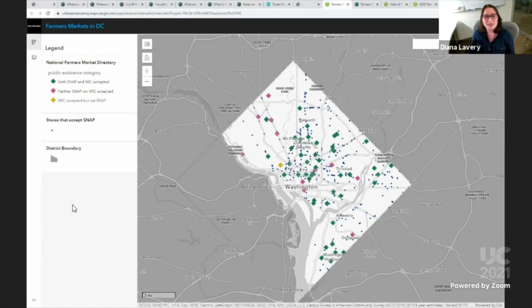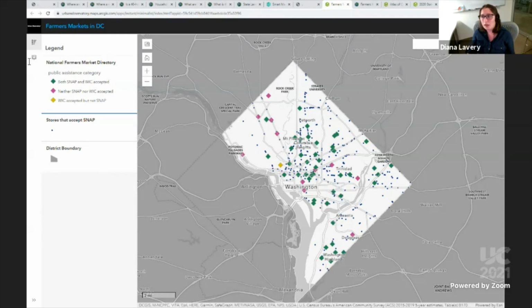All right, I mentioned before that once you've got that web map that's your base, you can very easily share that in an instant app. Here's an example of one that I made about farmers markets in Washington, D.C. And it's symbolized using that type style again, where it's categorical data. And the category that we're mapping is what public assistance benefits are accepted at these farmers markets. And so we can see both SNAP and WIC are accepted, two different benefit programs,